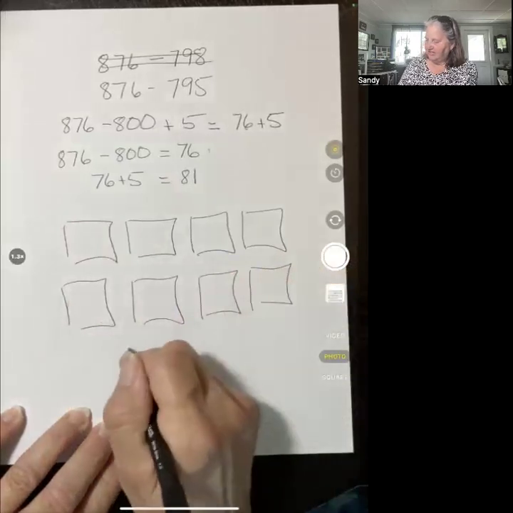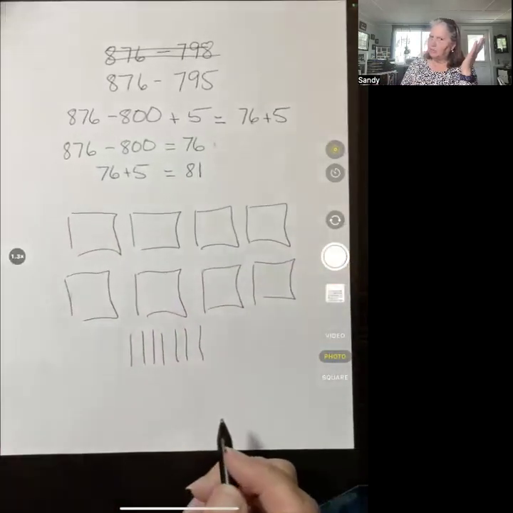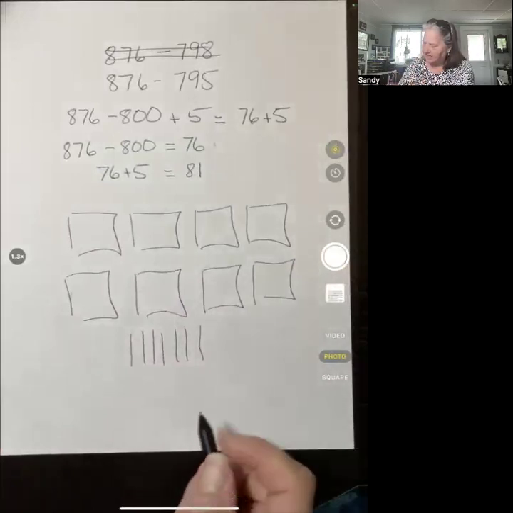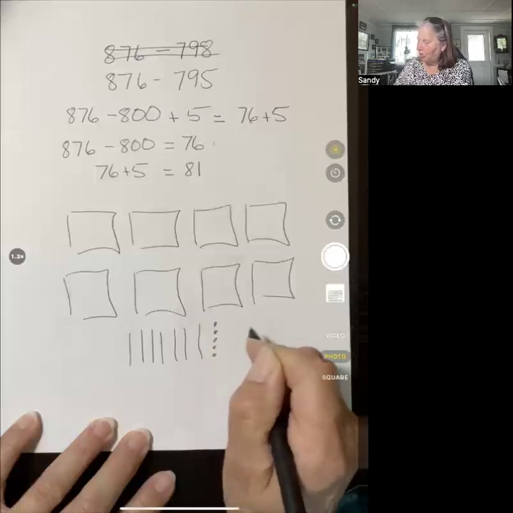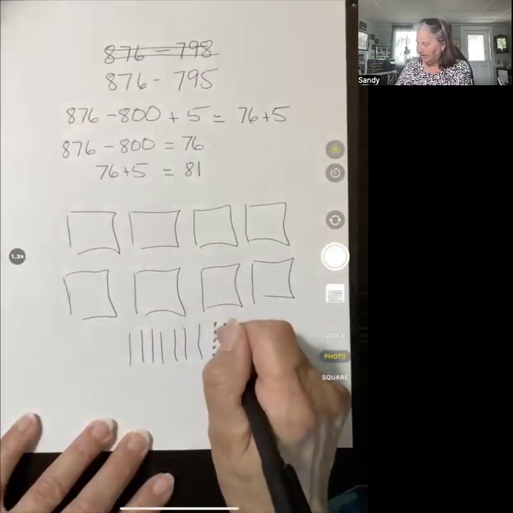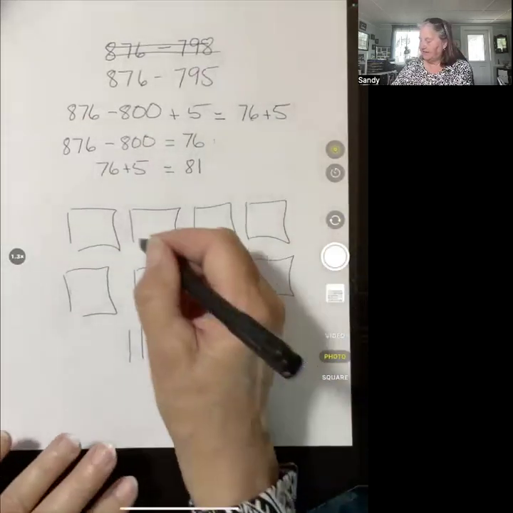I could have drawn the 70. But eventually, we're wanting your child to picture these while they're actually working with the symbols, working with the other representations. With that 876, as I said, I can remove 700,